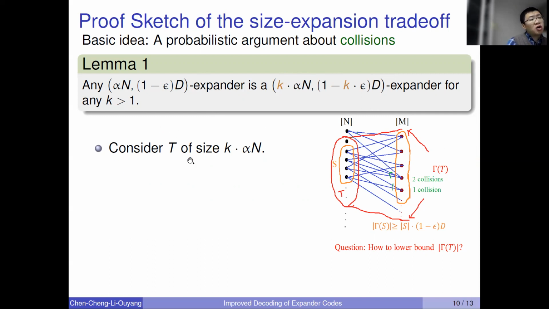Basically, we need to lower bound the size of the neighbor set of any subset of size k times alpha n. So let's consider a fixed subset T of size k alpha n, which is shown in the red color. So what we know is that any subset of size alpha n has the expansion 1 minus epsilon d. Okay,